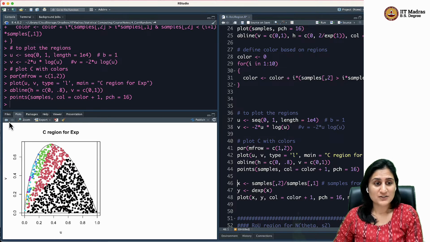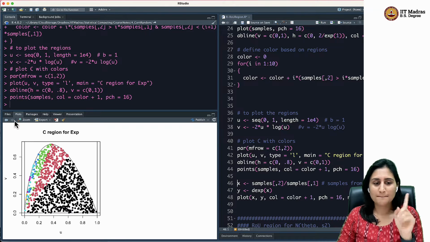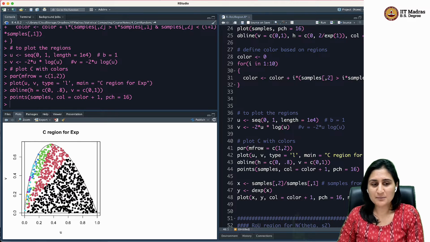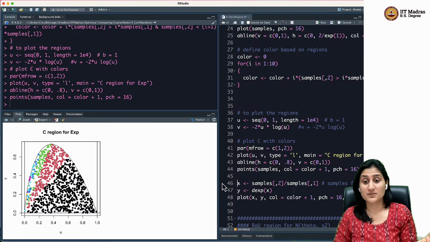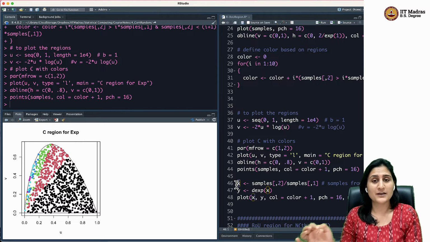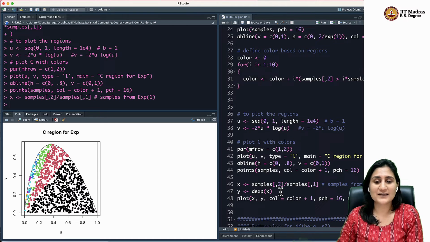These are all the points that I saw in the previous plot as well, right? Now it's squished, of course, but now I've color coded the points based on certain criteria. These are the same points, but in a different color. If I take the second component of the samples and divide it by the first component, which means V by U, then X is going to be a draw from the exponential. And I also calculate the density